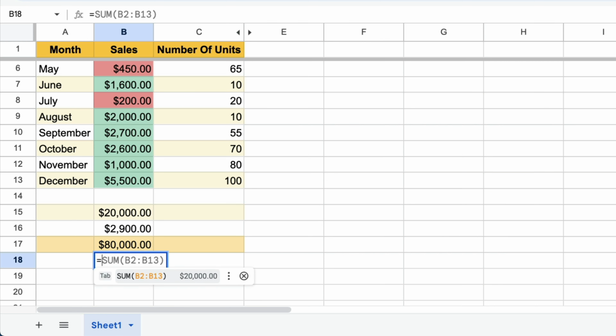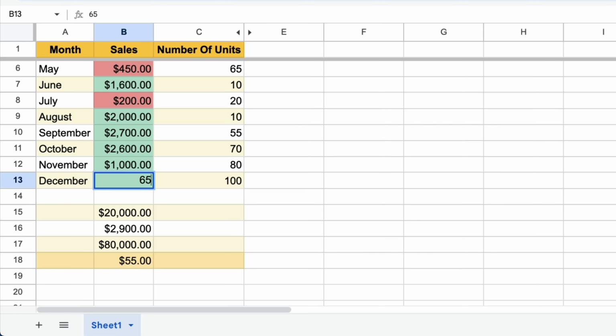And in order to do division, tap the equal symbol again on your keyboard, open it up with the parentheses, and then type in the numbers that you want to divide. So for me, I want to do B13 right here, and then it's going to be a slash to signify division, and then we want to do C13 just like so. Close that out with a parentheses, click Enter on your keyboard, and you've now divided that. And with anything, all of these values will change. Let's say I change this to 6,500. Look at that. All of my values here will continue to change